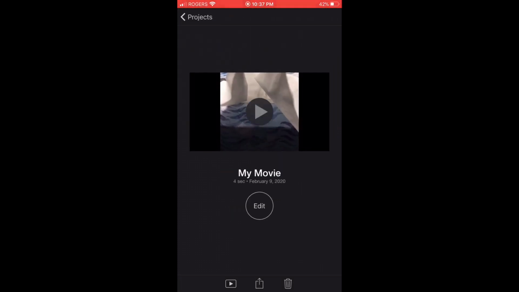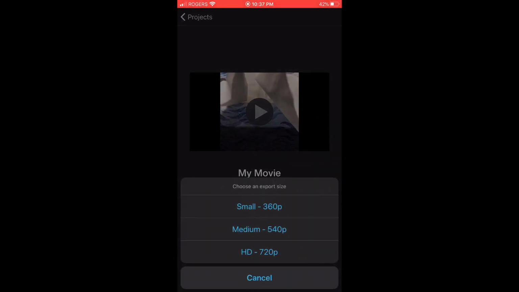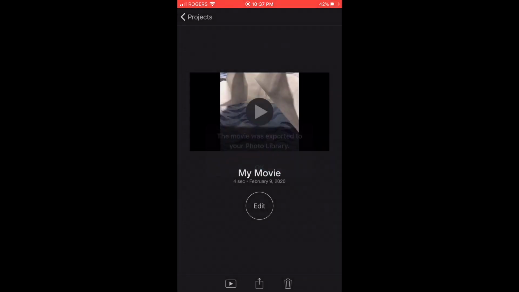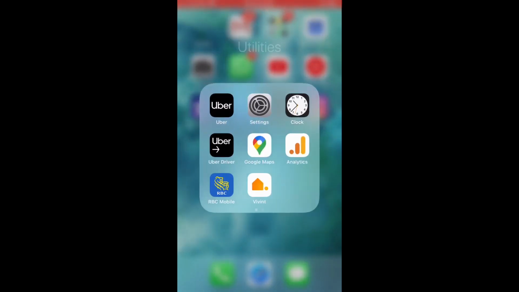So now let's go ahead and click on save as video and choose the highest resolution, and it will say create a movie and we will save it into the photos where you